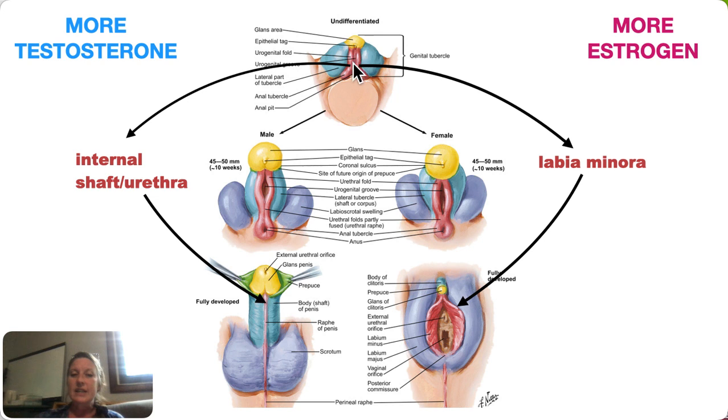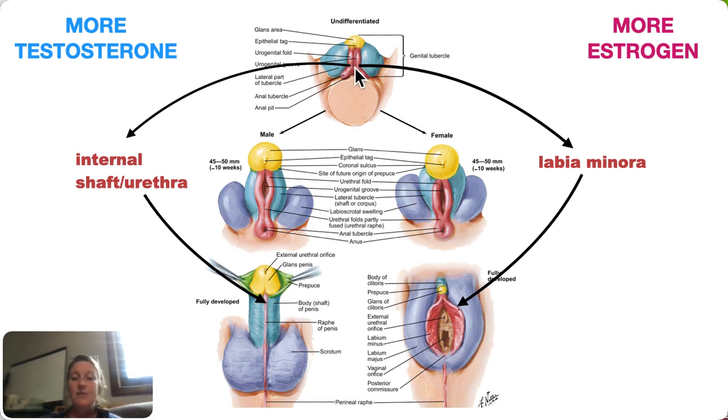All right, let's look at these red structures. In the presence of testosterone, you can see here that they're sort of forming a tube and wrapping around. So the red structure in the presence of testosterone becomes the urethra that runs through the shaft of the penis. And what you can't see here, but you can kind of see here, is that it also forms the tissue surrounding the anus. It's just our artist has cut it off down here.